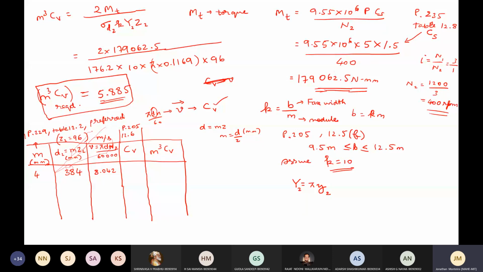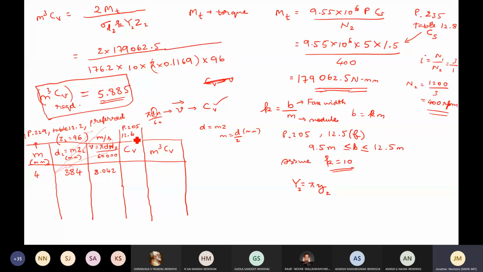So for the first one, ordinary cut gears running with the pitch line velocity up to 8. The second one is still higher, up to 13. Then the third one is 6 to 20, and the fourth one is about 20. And the fifth one is for non-metallic gears, maybe a polymer gear, simply called a plastic gear. Recommended by AGMA, so that formula is used. These are all empirical relationships for what velocity factor has to be used.